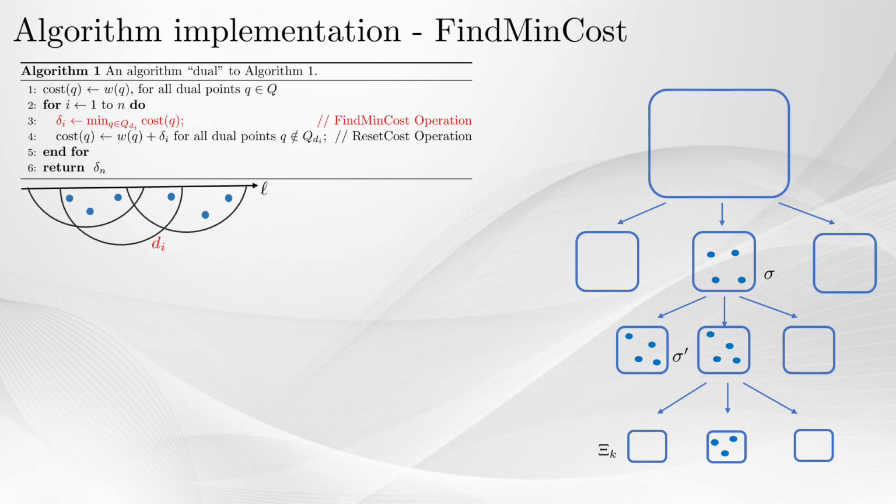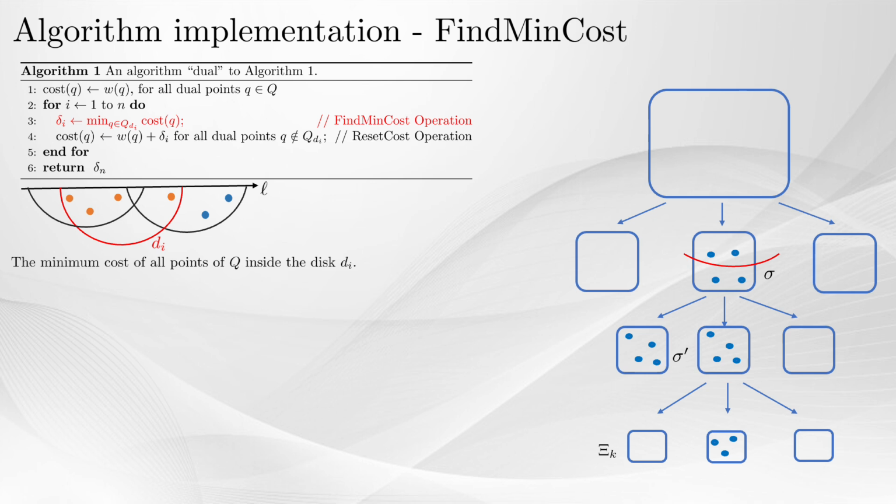After we talk about the pre-processing part, now let's talk about the algorithm implementation. We know there are two operations in our algorithm. Let's start from the first one, which is the find minimal cost operation. We are computing delta i in terms of di, which is the minimal cost of all points of Q inside the disk di. And we still use the data structure